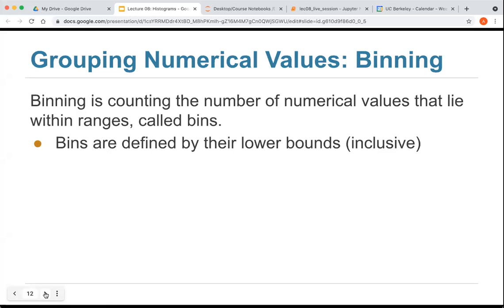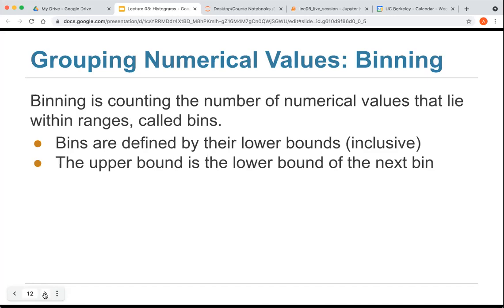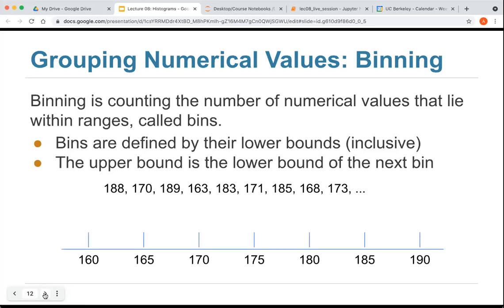It starts at one number and it ends at another number, right? So we are going to be defining the bins by their lower bounds. Hold this thought. Think of the bin as an interval from A to B. Okay, and the bins, we are splitting the number line according to these bins. And so supposing we had decided to split the number line in 5 this way, and the list above is our data set.